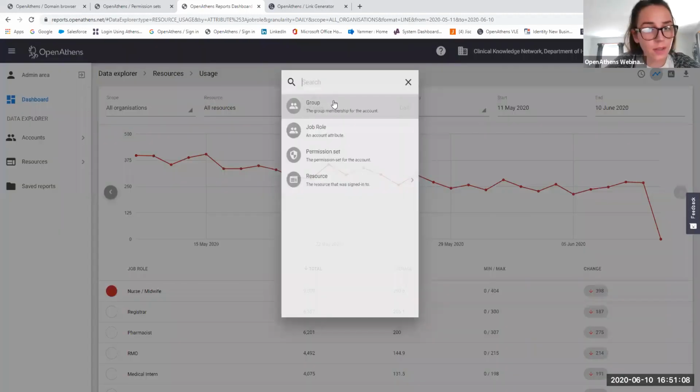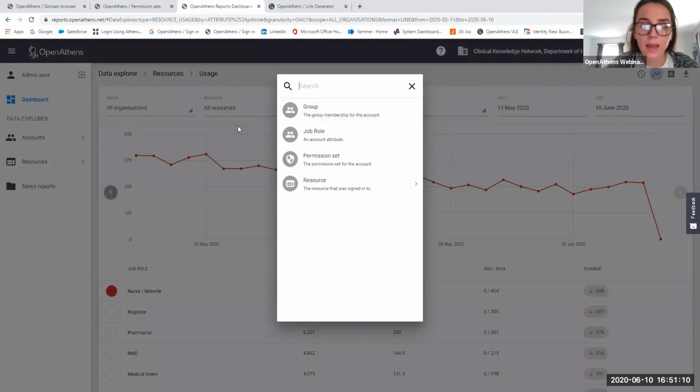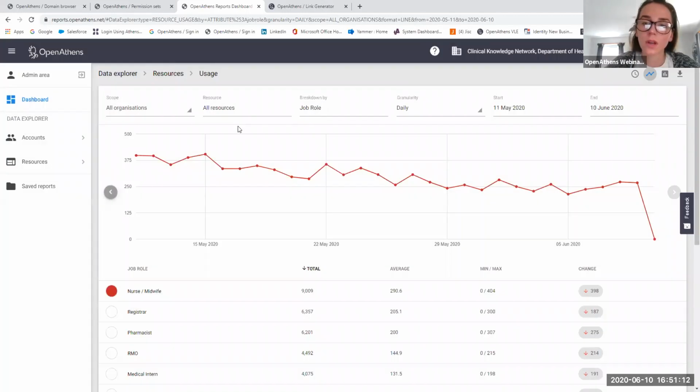Alicia's also added, but you cannot find full text usage. No, we can't look at individual full text usage. As I say, once we've handed the user to the publisher and done that authentication piece, we're no longer tracking them.